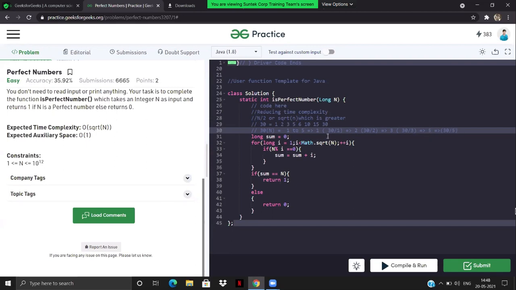So if you calculate these values, this will give me 1, this will give me 30, the corresponding number. This will give me 2, this will give me 15. This will give me 3, this will give me 10, right? So we have covered 3, 10. It's in this order: 1 and 30, 2 and 15, then 3 and 10, and 5 and 6. And we have covered all the numbers. Is it clear, guys, for everyone? Okay, if it is clear, can you suggest the solution? What should I write further?